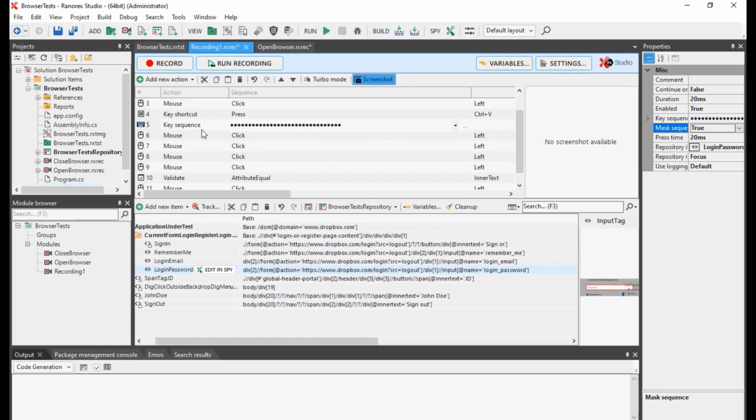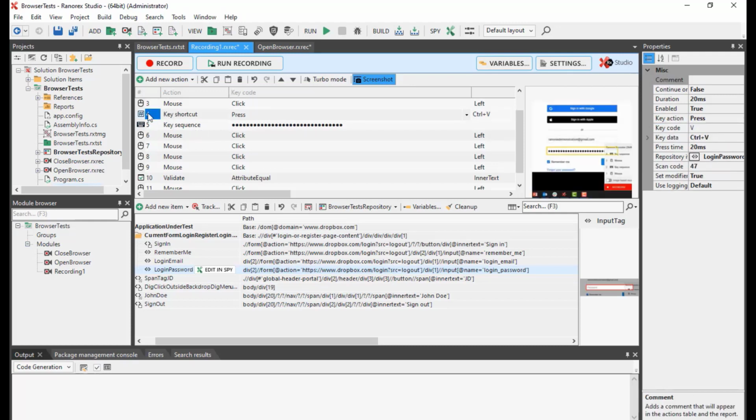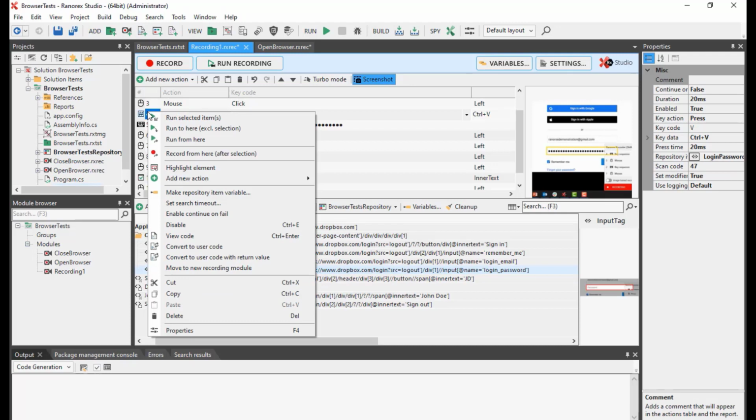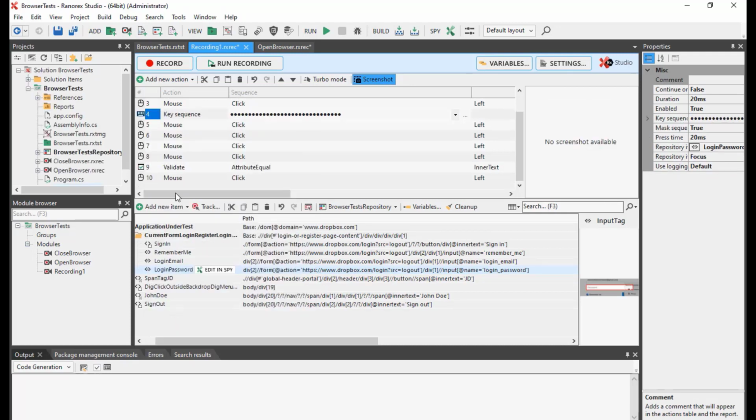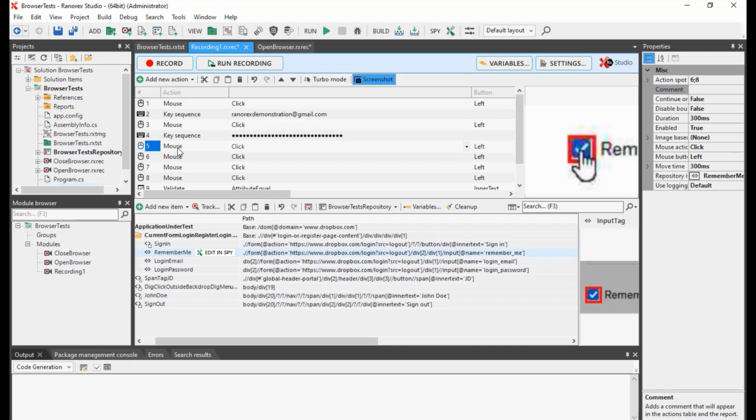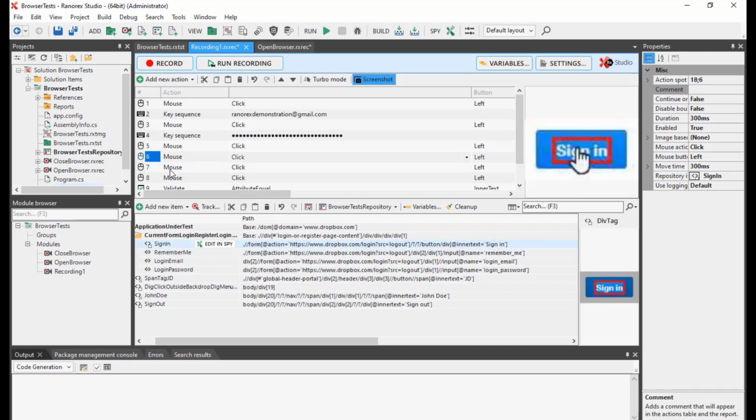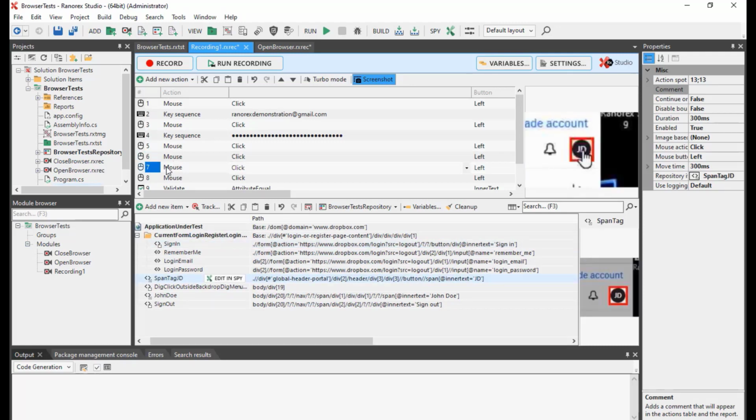So we have the key sequence, and we have the click. We do not need this one anymore, so I can either disable it or delete it. I'm going to opt to delete it because I don't anticipate needing that again. Now we've got those, and we've got our different clicks here. We've got the uncheck for the remember, and we've got the sign in button to sign in, and it's looking at the profile,